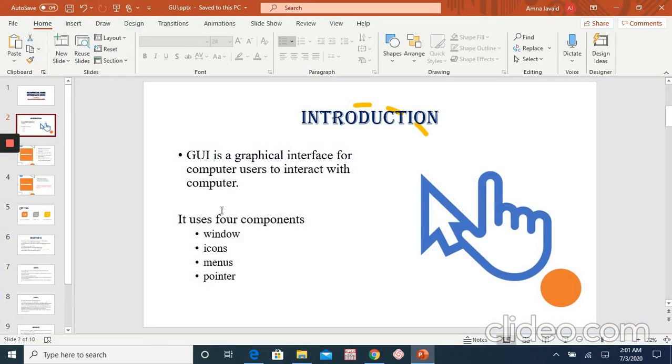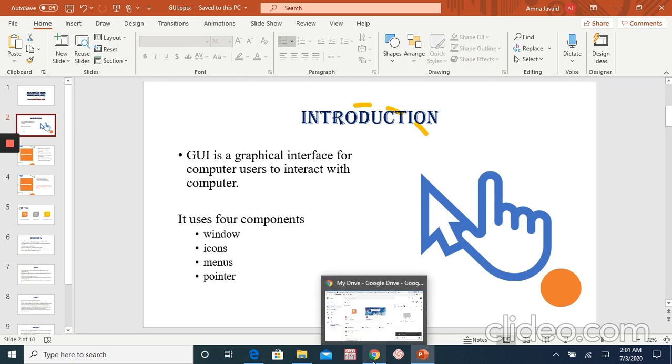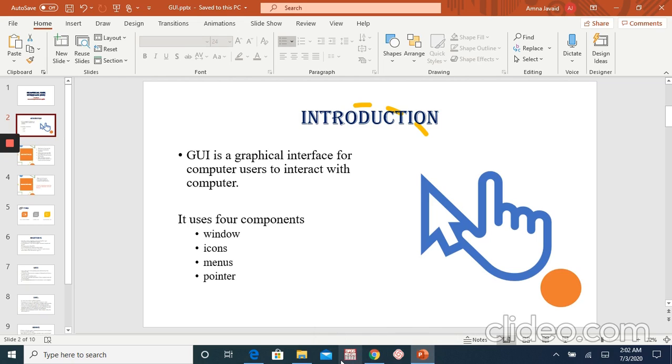Icon. An icon is basically a graphical symbol that represents any file, folder, program, or device. You can easily recognize anything on your system through icons. Let me show you different icons. You can see a list of different icons at the bottom of the screen. This is the PowerPoint icon. Here is a Loom app icon, Google Chrome, SPSS, Microsoft. Here is a list of different icons. We can find or search any file through these icons.